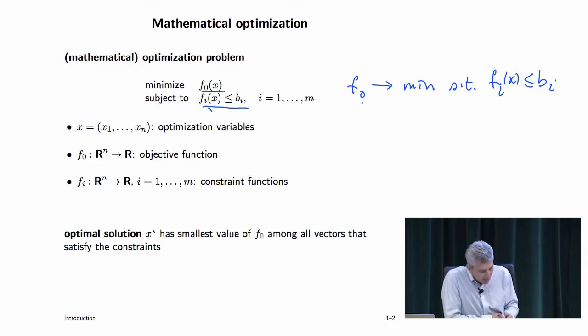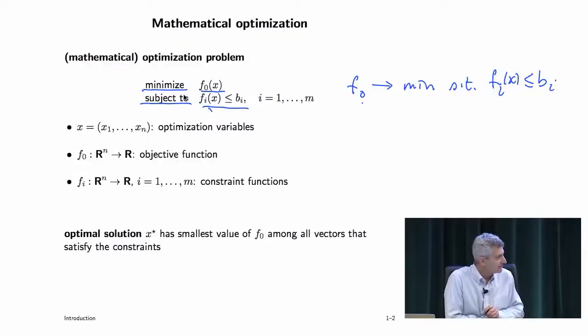One other thing I should say is, although minimize and subject to are English words, I don't consider them that way here. They're actually names of attributes; you can think of this as an optimization problem object. Minimize is an attribute, which is the sense. It could also be maximize, of course. F0 of x is an objective. Fi of x are called constraint functions. So that's an optimization problem, and we'll talk about it in much greater detail later.